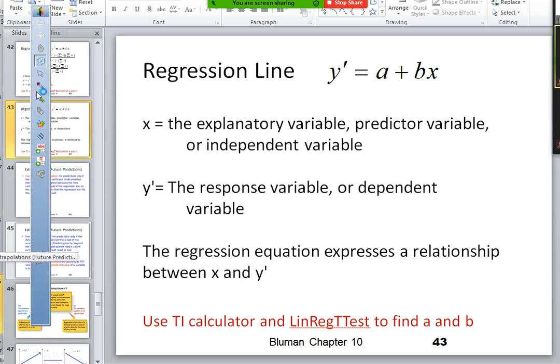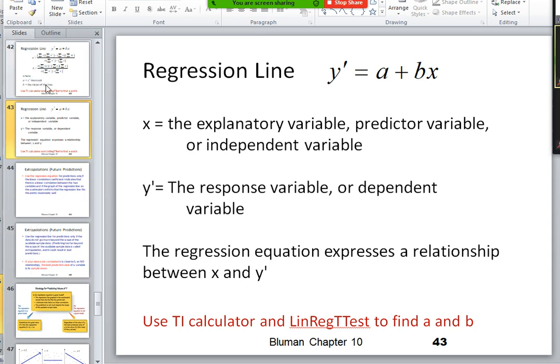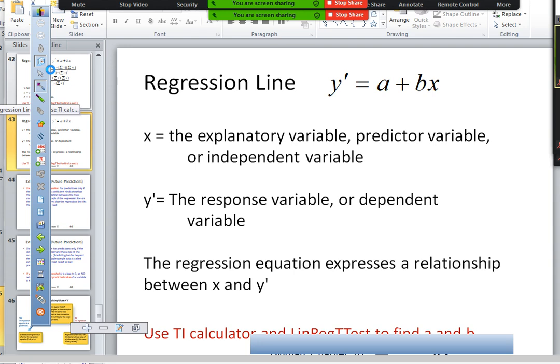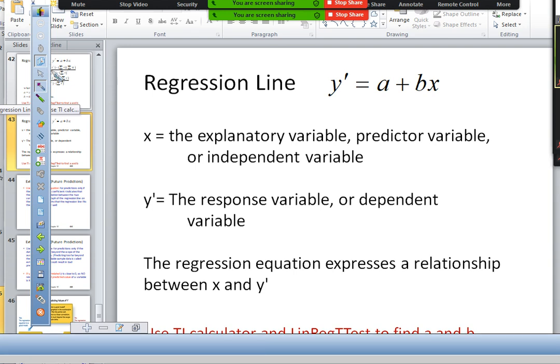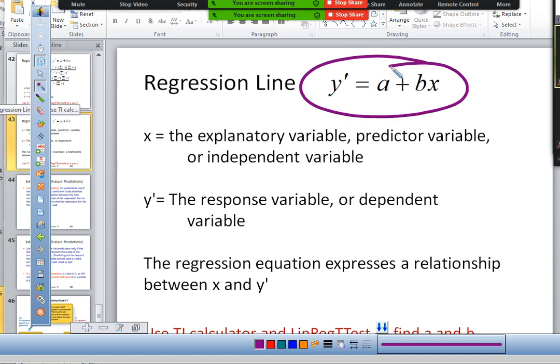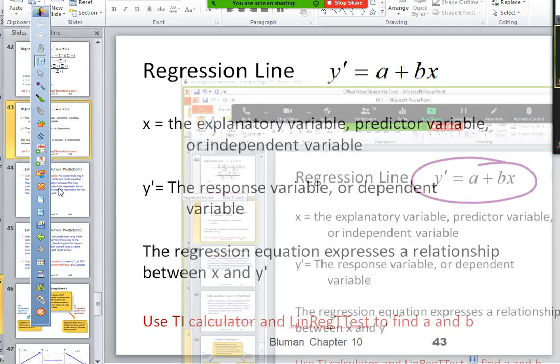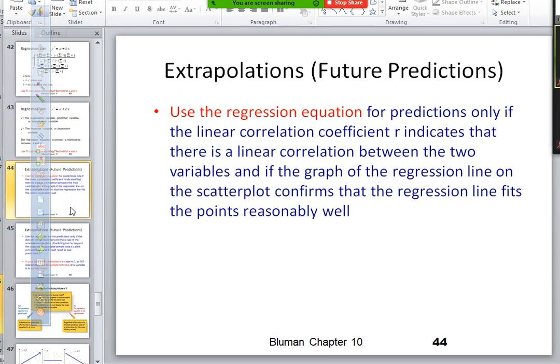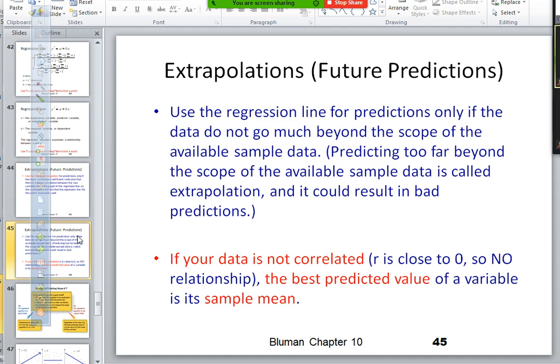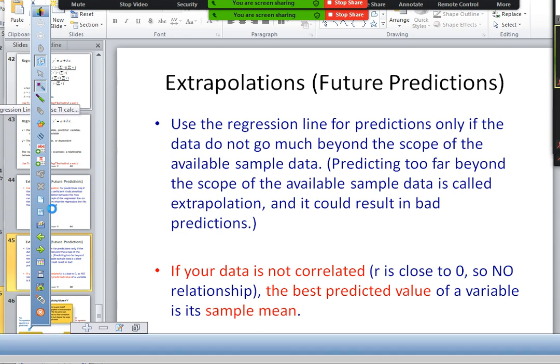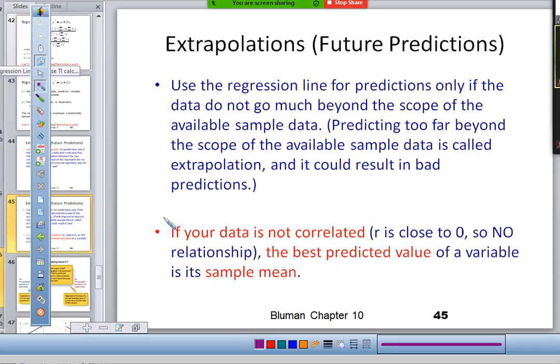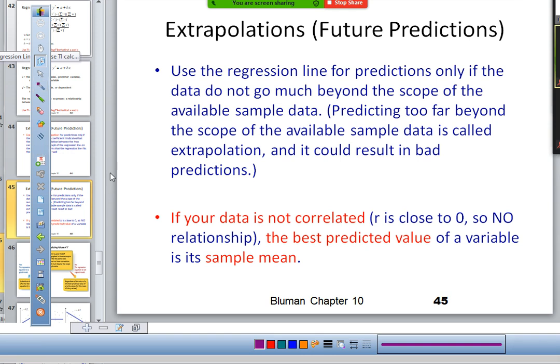So this is our regression line. We get it from our stat test, linear t-test. We get A and B from there. But you can only use it if you reject H naught. So if you do not reject H naught,